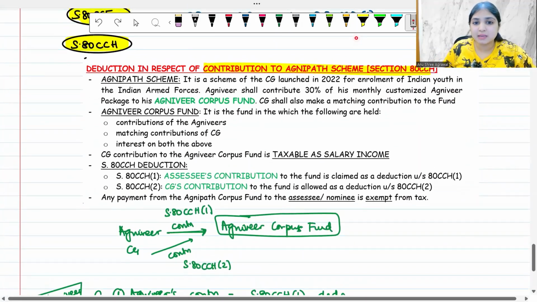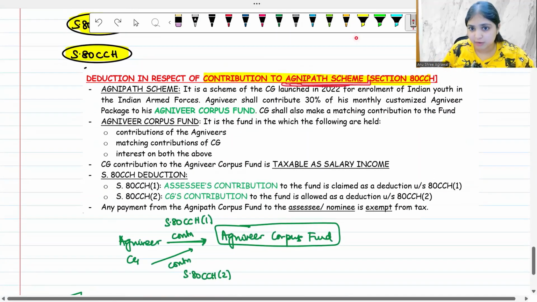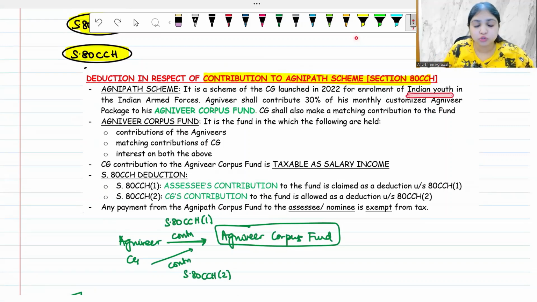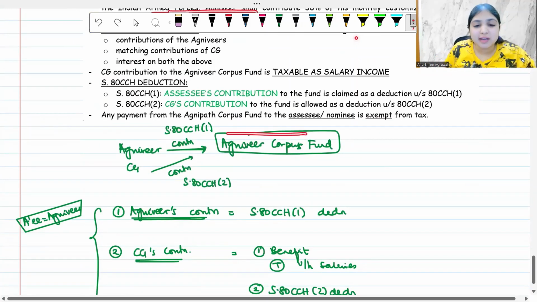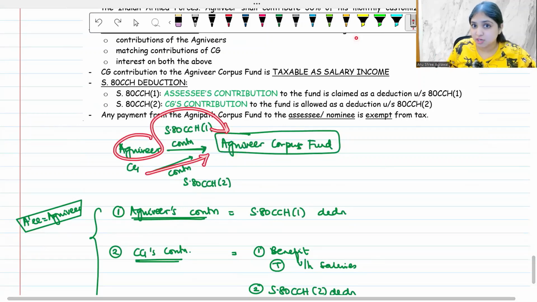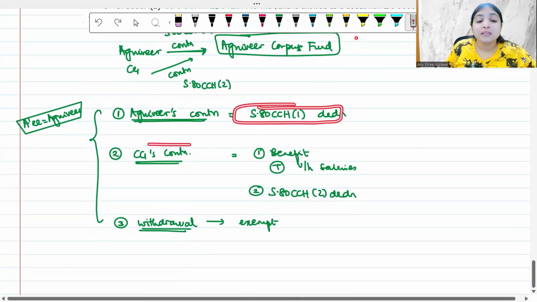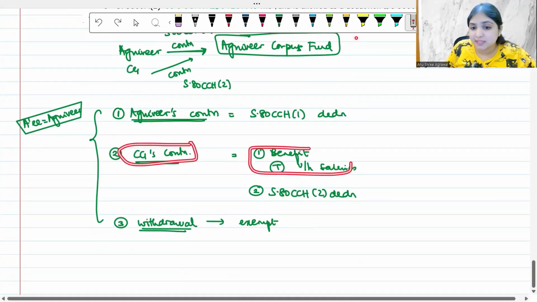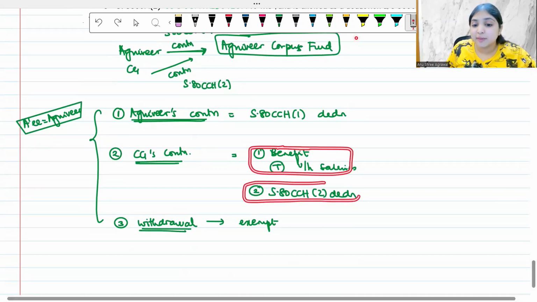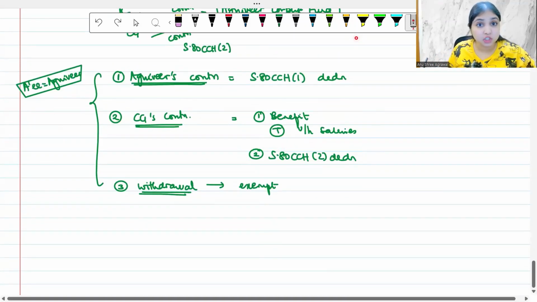The Agnipath scheme is a scheme launched by the central government to encourage the Indian youth to join the Indian Army. Under this Agnipath scheme, we have the Agniveer Corpus Fund. To this Agniveer Corpus Fund, the Agniveer will make a contribution, and the central government will also make a contribution. The Agniveer's own contribution will go to 80CCH subsection 1. The central government's contribution will first be taxed under the head salaries, and then it will go to 80CCH subsection 2. Whatever amount we withdraw from